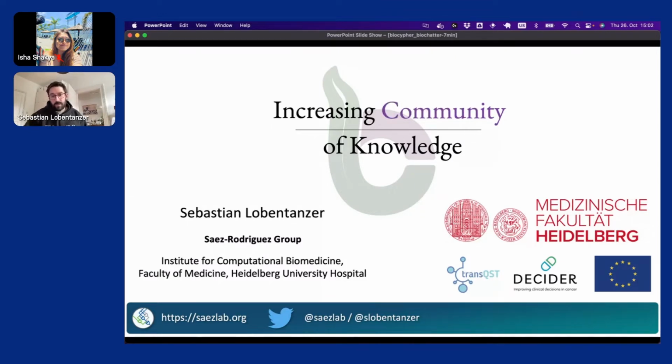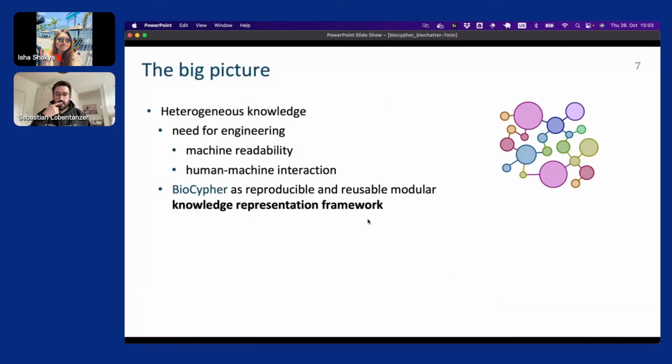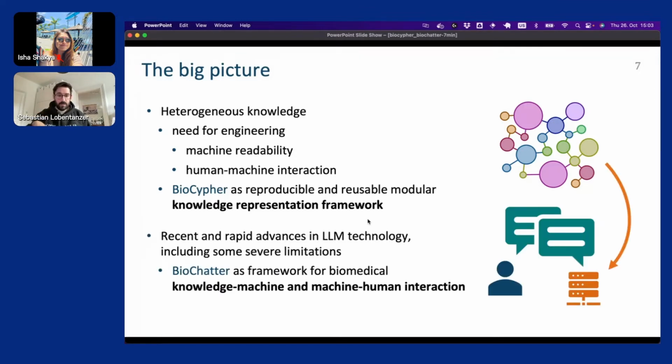And bottom line, this comes down to increasing the community, like people telling each other what they have done and then communicating also through some more permanent solutions like repositories. And I will be touching on two main points. One is the knowledge engineering in biomed specifically, but I think in other cases as well, we have the problem that we need to engineer our knowledge to make it usable. And the second one is then the more recent example of LLM technology and making the same what we do for the knowledge also available for the communication with the LLM.